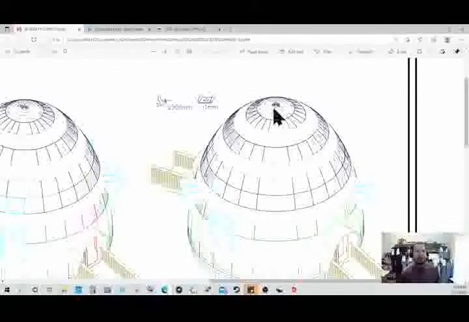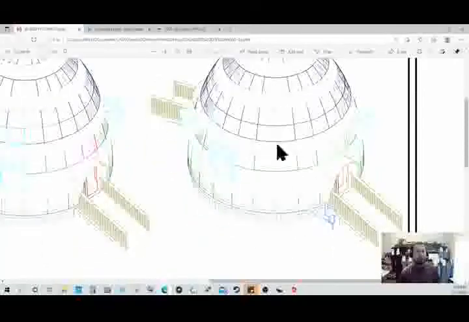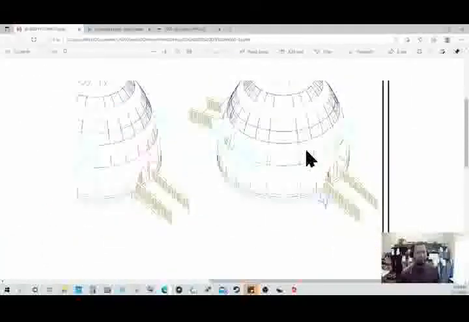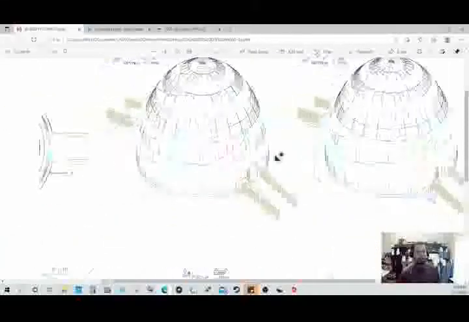It will allow air to come in because it does have narrow openings down at the bottom, and you'll see with a bit more detail what that is in later